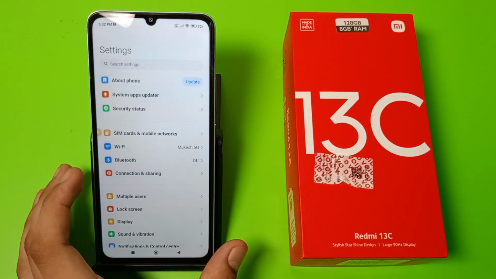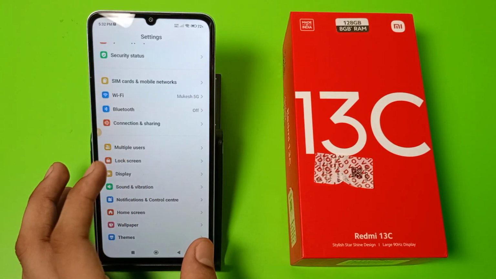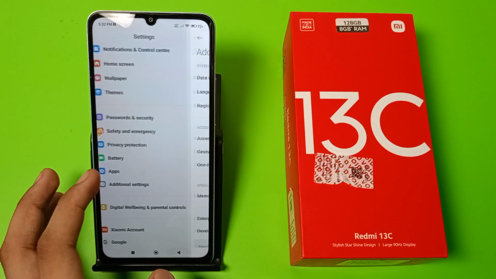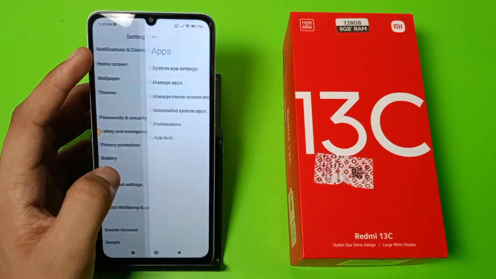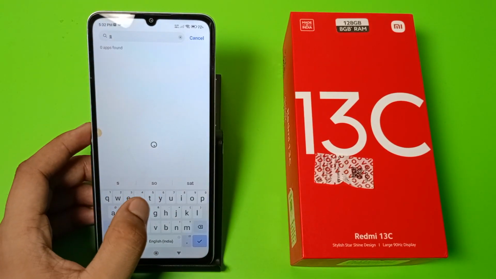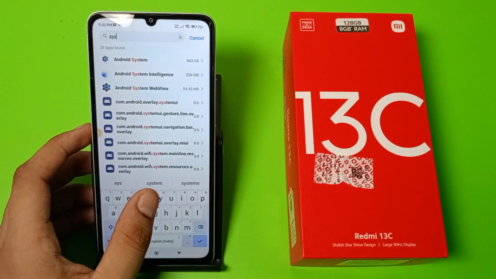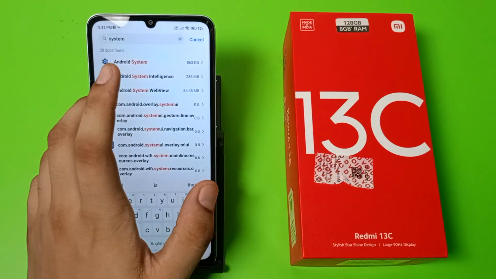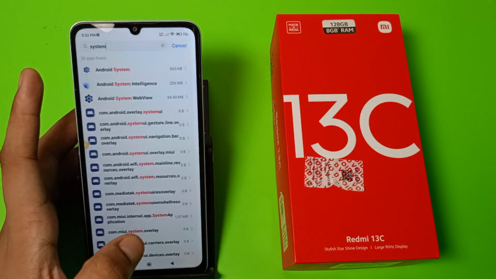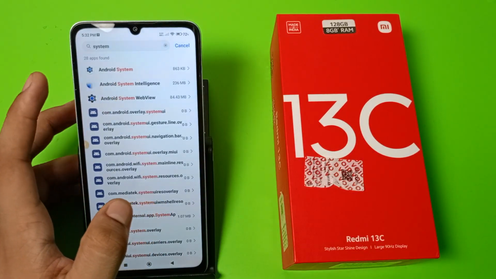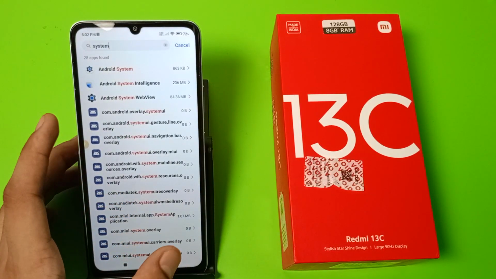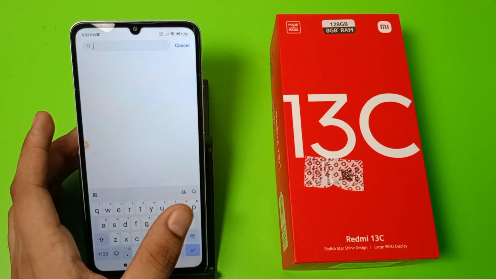First you have to open settings, swipe down, here it is apps, click on apps, click on manage apps, and friends here you have to first type system like this, and then you have to clear cache all this Android system like this. Clear cache this and click on Android system web view. Clear cache this and you have to clear cache all of this, and then you have to search here phone